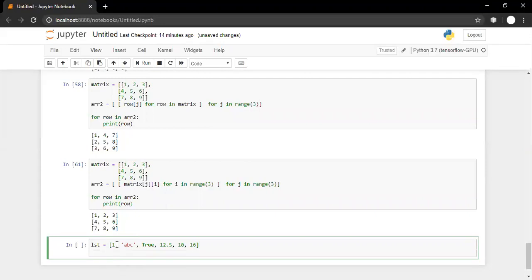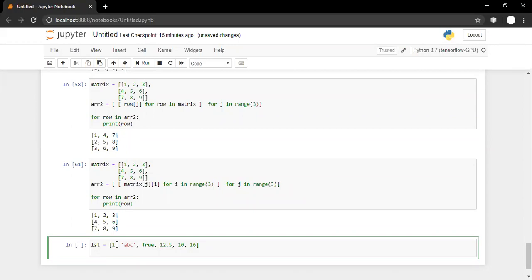So what is my task? My task is to take a square of every number in a list. But can I take a square of every element in the list? No, I cannot take a square of ABC. Similarly, the question is very specific: take a square of only integer numbers. So can I do it? Yes, I can do it. How can we do it?